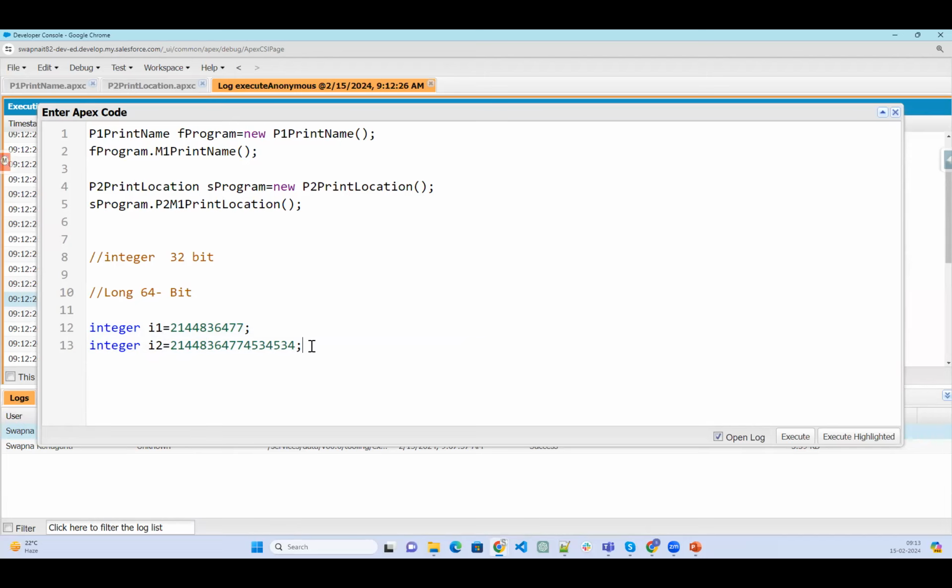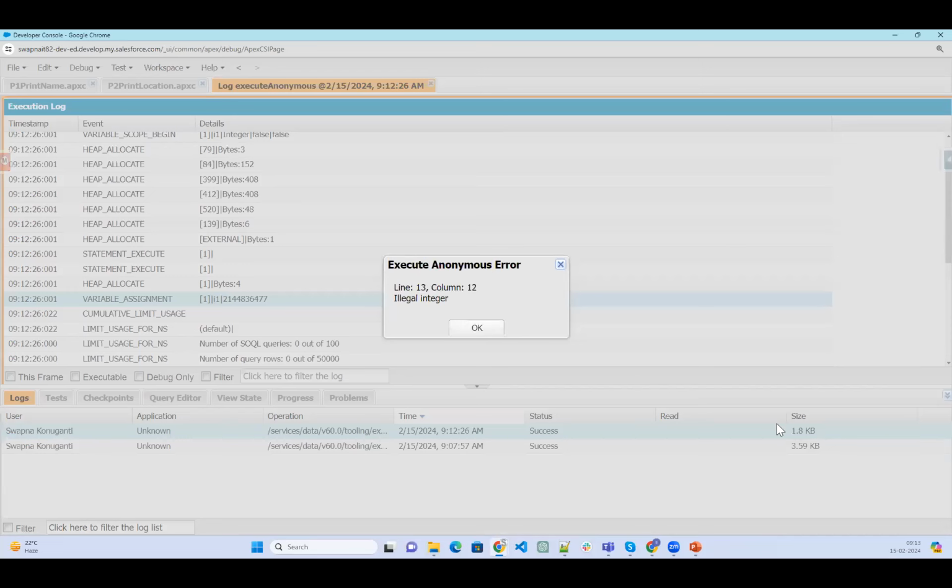What is this illegal assignment? Yesterday we have seen the error illegal assignment from string to integer or integer to string.